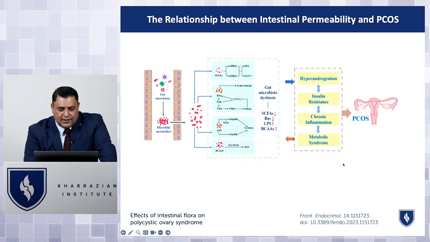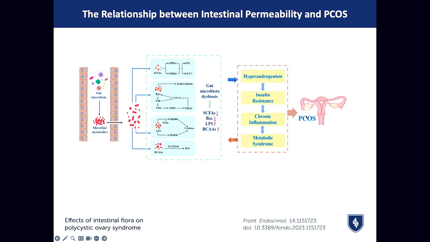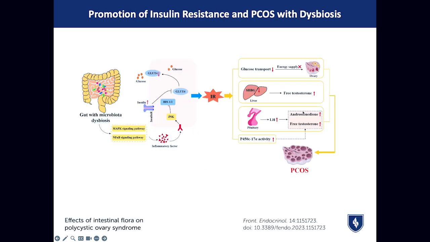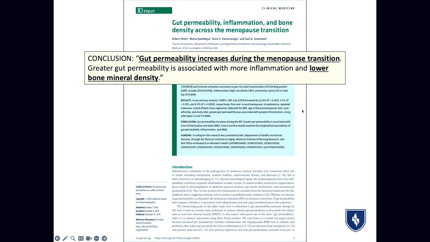And endotoxemia further perpetuates things like PCOS and metabolic syndrome. Lots of studies have shown this relationship between leaky gut promotion with PCOS and then endotoxemia making PCOS much, much worse. And it also affects other endocrine functions as well, like follicular development and hormone secretion, and even things like